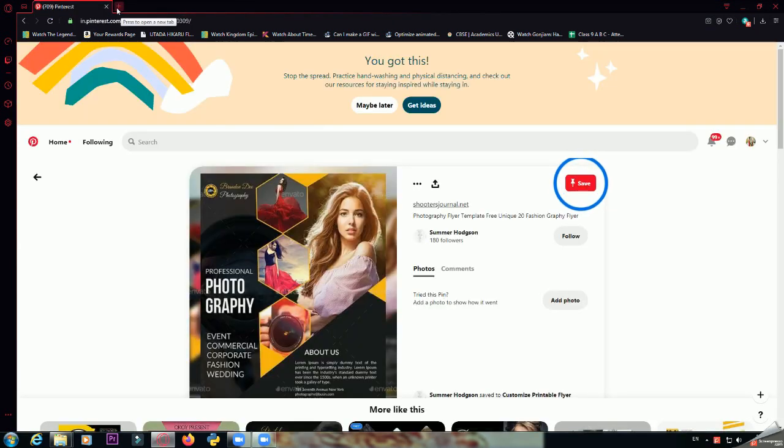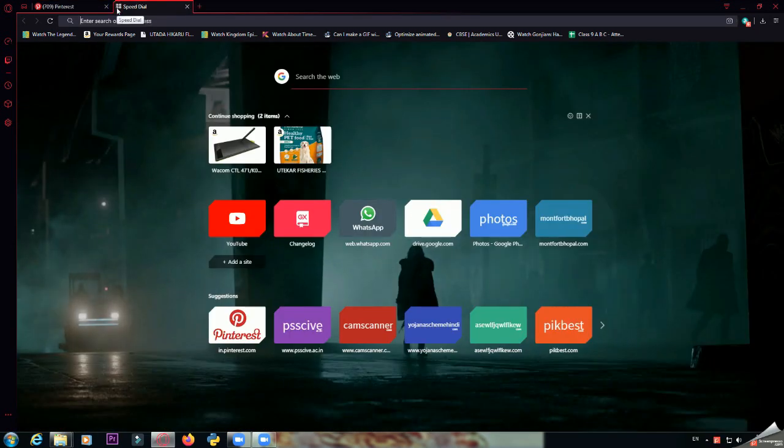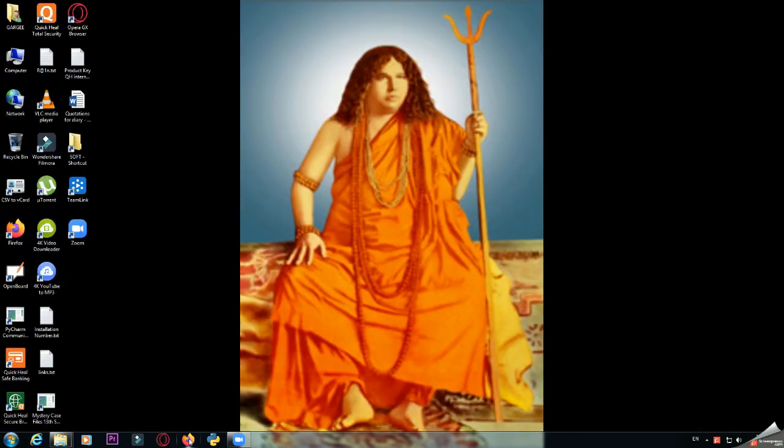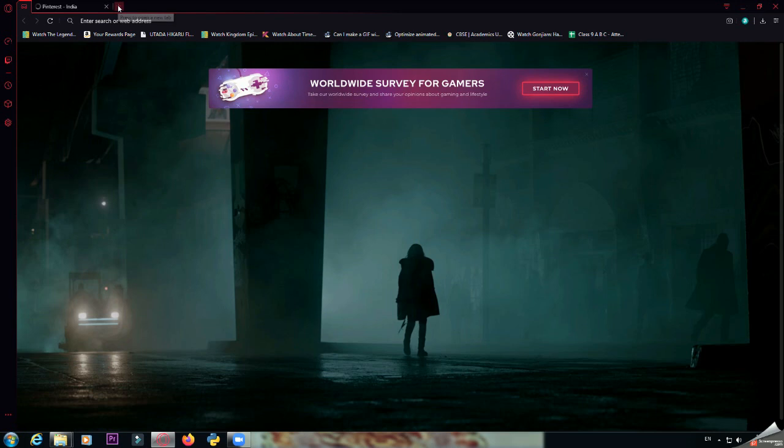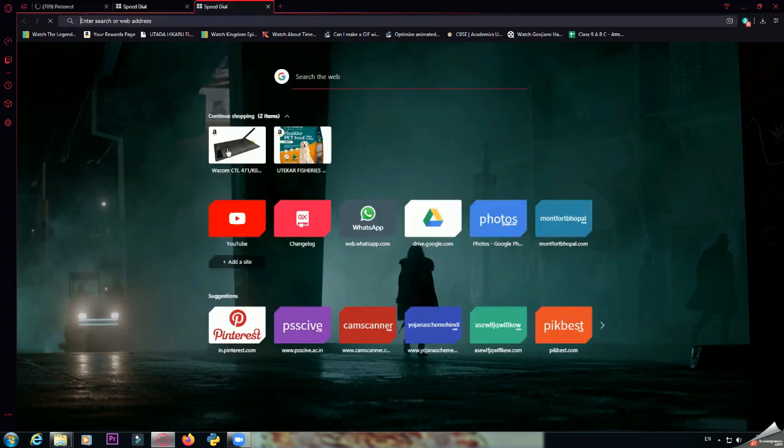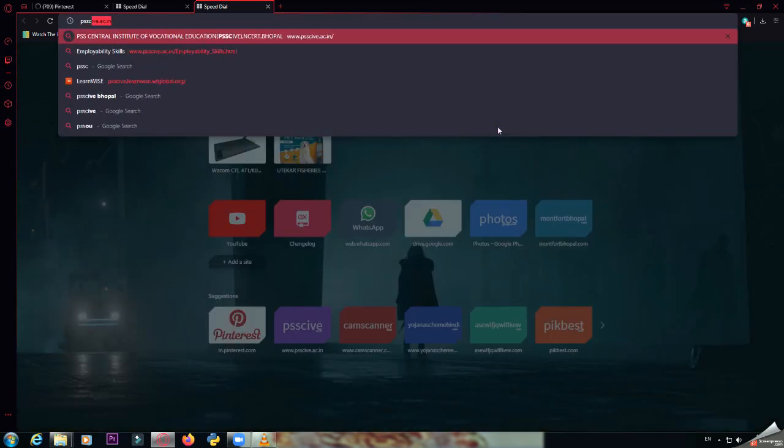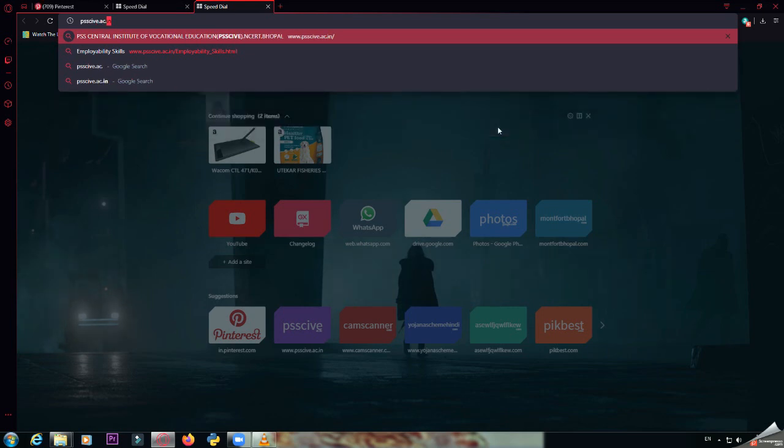The very first thing you have to do is to open your browser. Suppose we have a browser here, so I'm opening my Opera browser. Open a new tab and just type there psscive.ac.in.